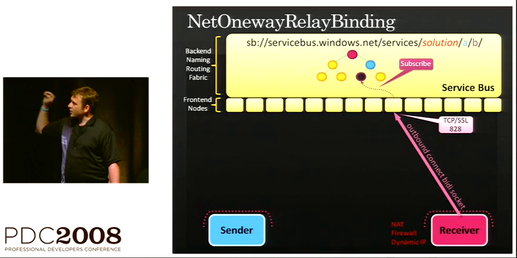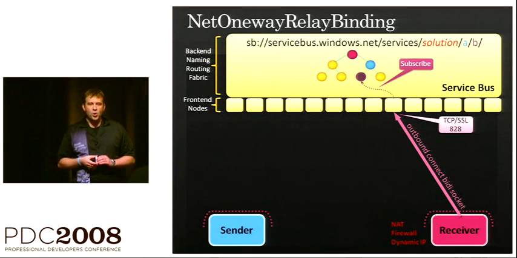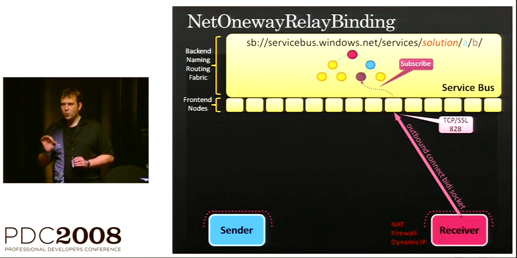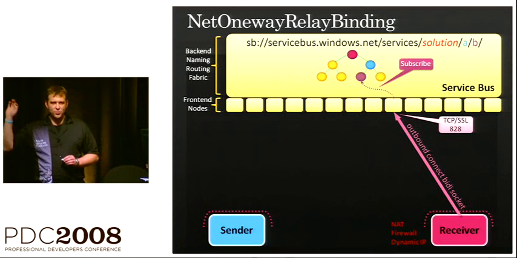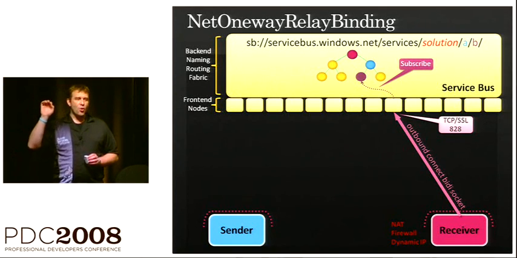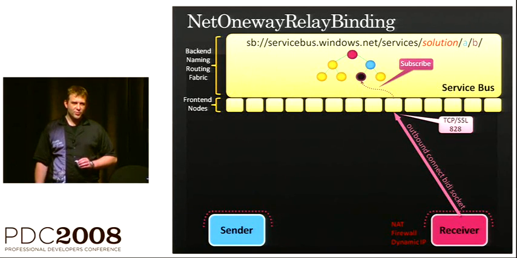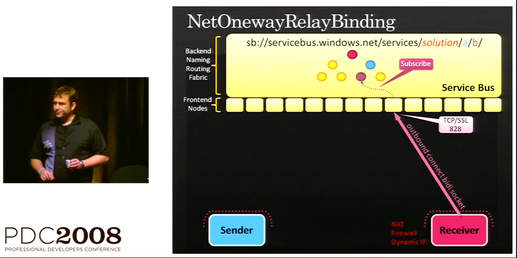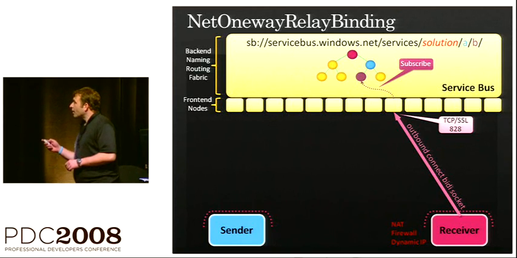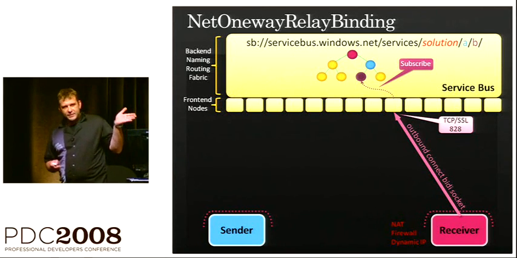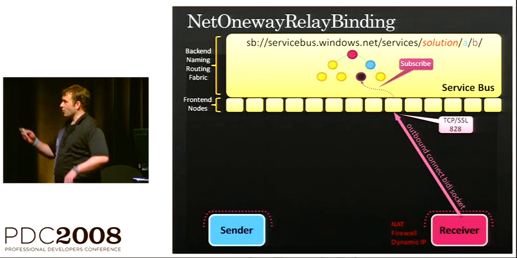So we create this outbound socket, and then it goes to TCP SSL port 828. At this point, we require outbound port 828 to be open, but you don't have to open any inbound port to get that traffic. Yes, in very restricted corporate environments, that likely won't get you out. There is a very aggressive, very evil mode that I'm going to talk about tomorrow that will get you out.